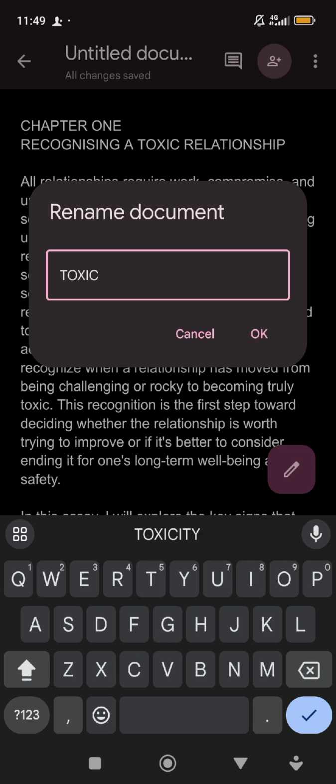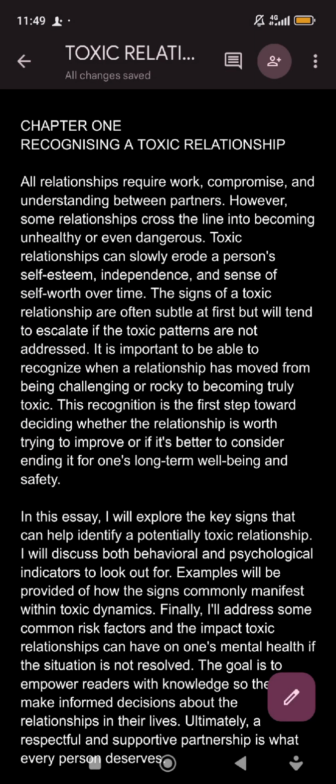Let me just give it toxic relationship manuscript, for instance. But that "manuscript" is not part of my title. I just want to save it like this for now.